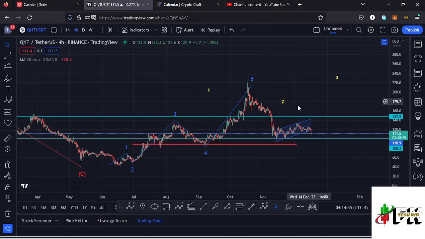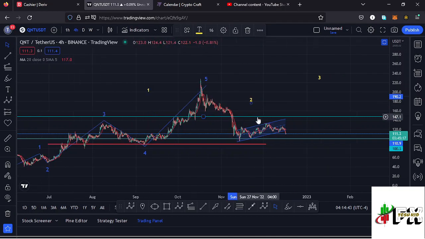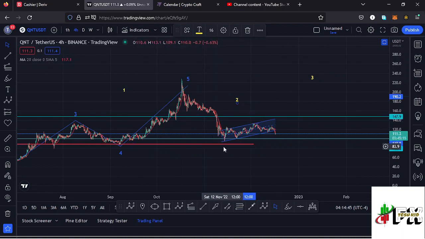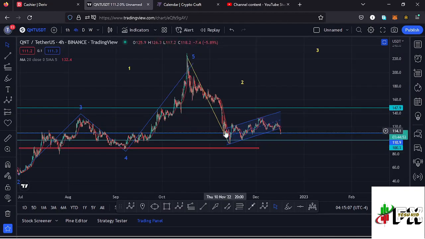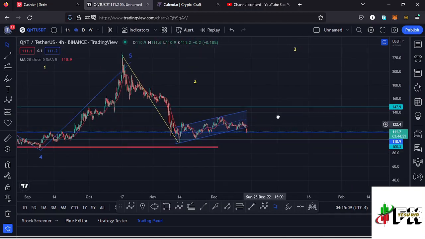Getting a little bit into the details of the formation of these Elliott wave structures, and also focusing on the chart patterns that we have here on the 4-hour chart, you can see I have this chart pattern which is right here, which is a bear flag, and this is a trend continuation pattern, and we can have that as the flagpole of that bear flag over here. And in case we see a breakout out of this bear flag to the lower side,